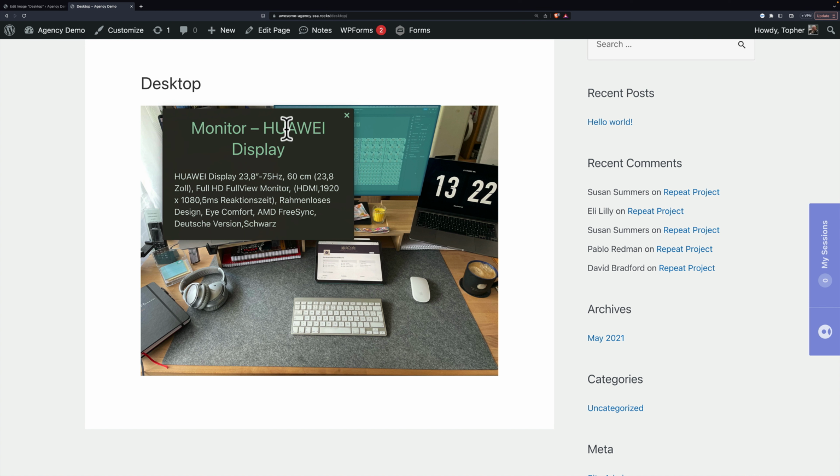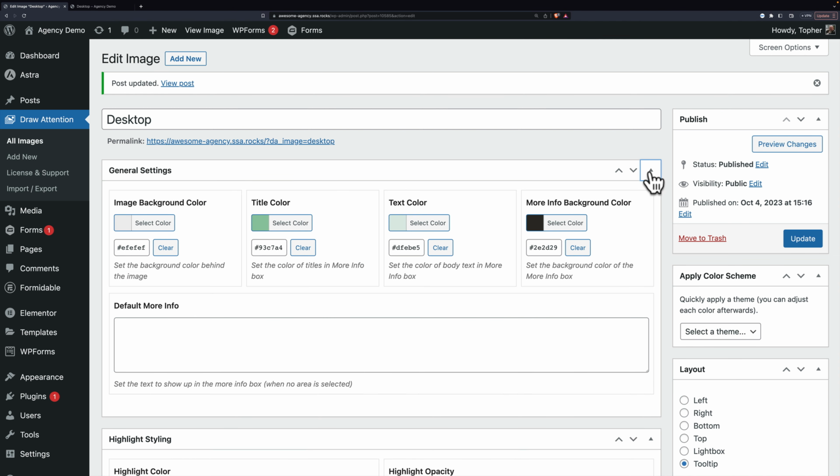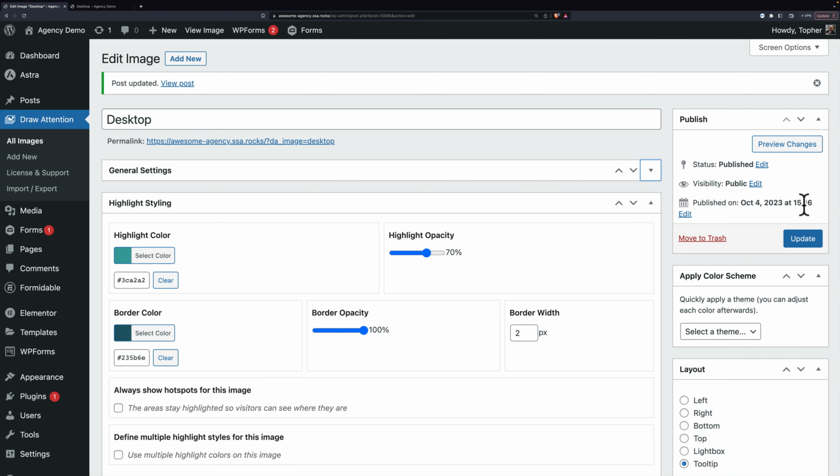Now these colors, this mint green and the brown, come from general settings. So there's your mint green, there's your brown and the text color. And I will show you how you can easily change those with the color schemes in just a second. But next I want to show you Lightbox,